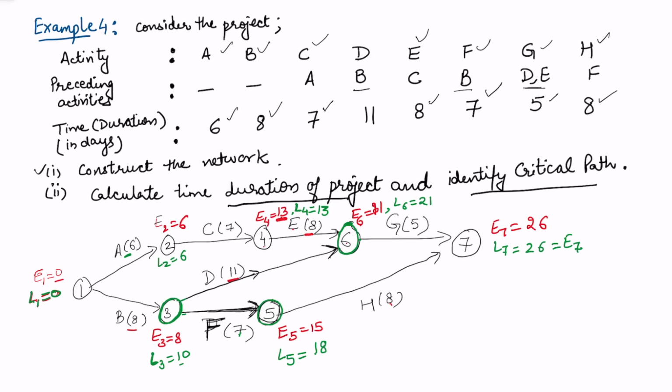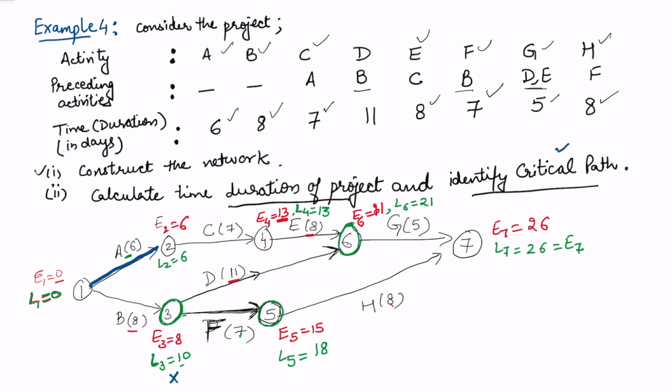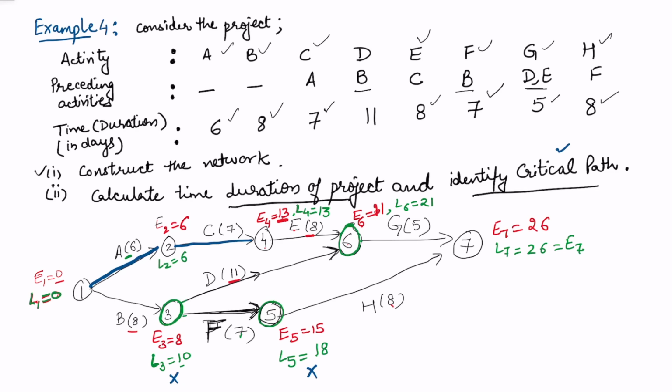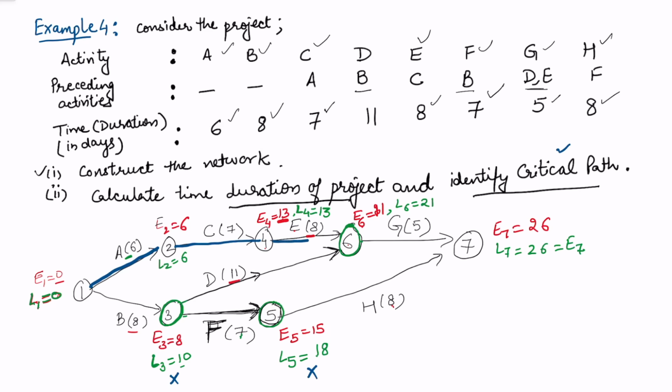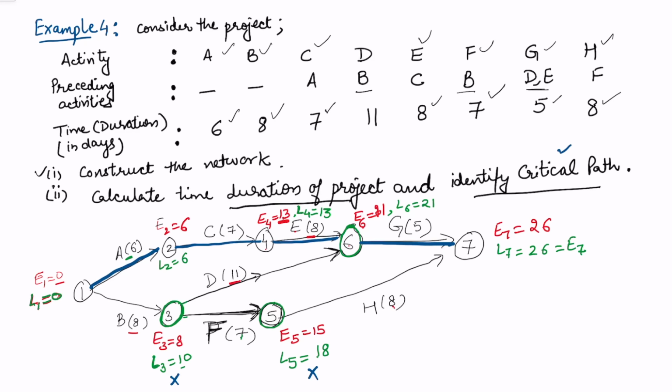Now we need to identify the critical path. In the same way, look at which activities have earliest and latest the same. So this is the first activity whose earliest and latest are the same. Here earliest and latest are not the same. Here earliest and latest are not the same. And then this is an activity with earliest and latest the same, and their difference is also the same. This is the critical activity, 13, 13, 21, 21, and the difference is 8. Then this is the critical activity, 21, 21 and 26, 26. 26 minus 21 is 5.